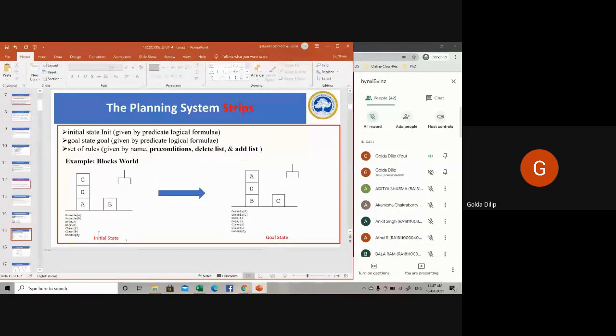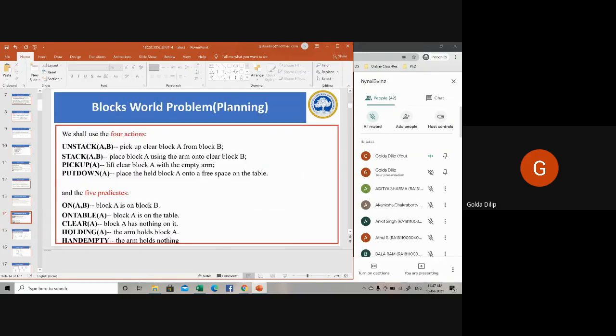This is basically an action-centric representation. For each action, you specify the effect of each action. That's what the STRIPS representation is all about.